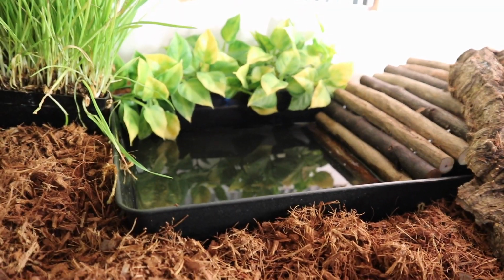She's notorious for really bad sheds, no matter what. So I always give her an obnoxiously sized water bowl so she can try to shed properly. The dollar store is a great place to look for water bowls. To go along with water bowls for some of your larger animals, the dollar store also sells these little sauce